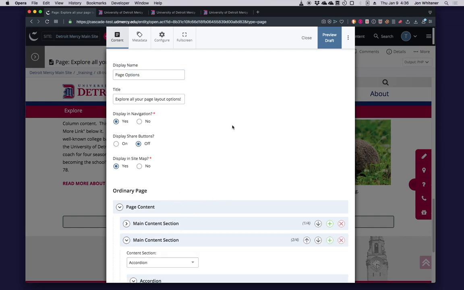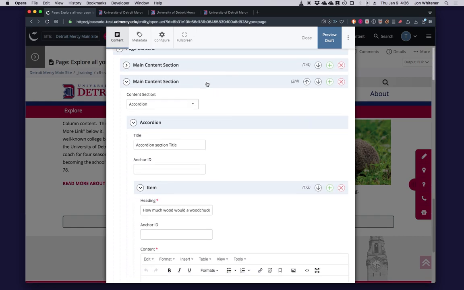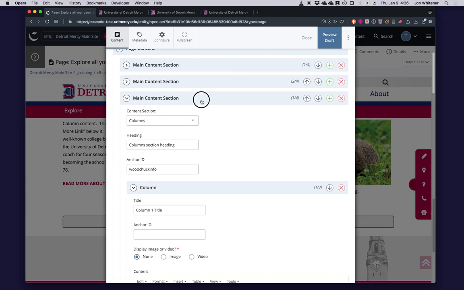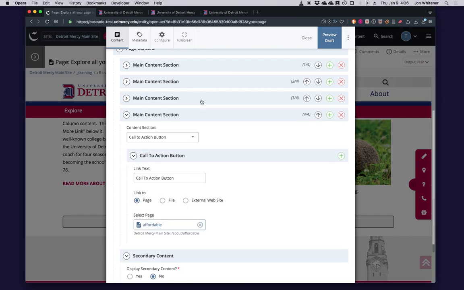Again, we'll shrink down all these previous content sections. This main content section is of the type call to action button. Very simple. All you do is put the link text that you want to display on the button, and then you determine what you want to link to: a page, a file, or an external website. And then, like we did before with links, you select what you're going to link to.